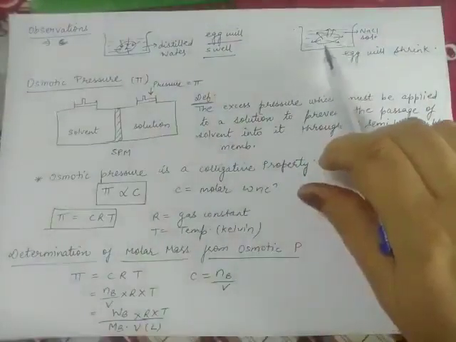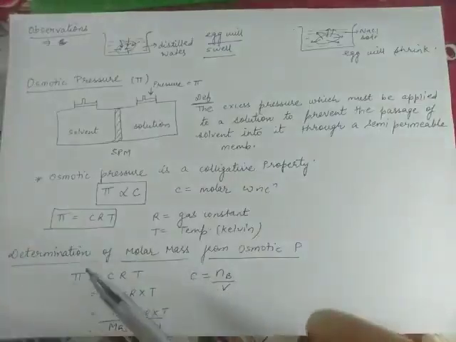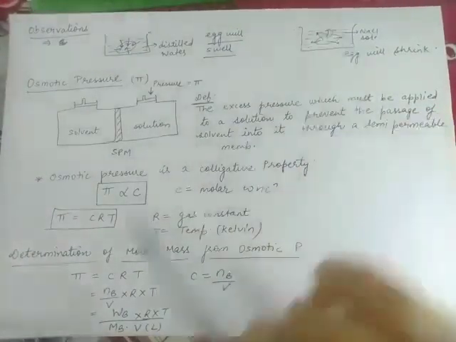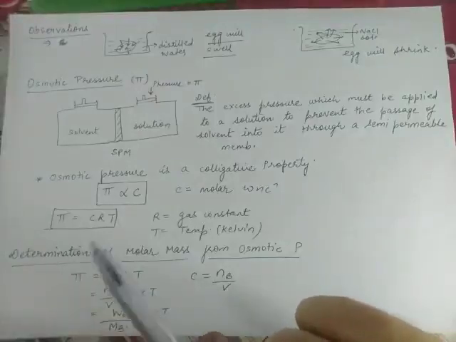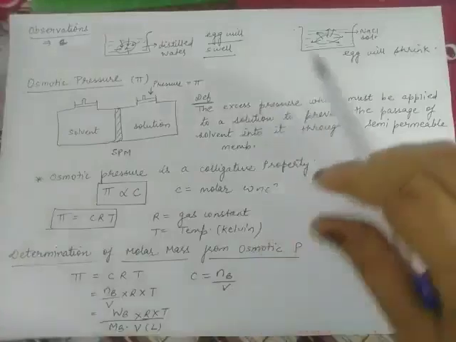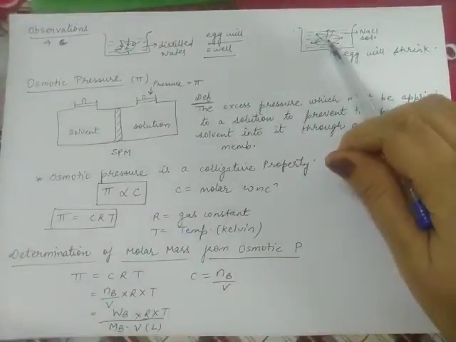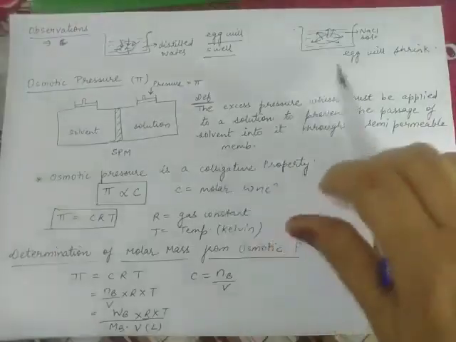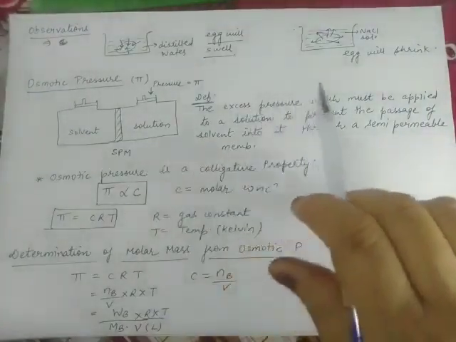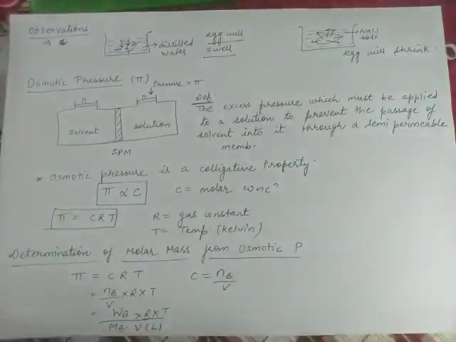And what will happen when the egg is placed in NaCl solution? Now, inside the egg, solution is there, and outside also solution is there. And what is the direction of osmosis if two solutions are there? From lower solute to higher solute. Definitely the solution which is inside the egg is less concentrated, it means it is diluted as compared to the NaCl solution. So what will happen? The egg will shrink. So these examples also explain the phenomenon of osmosis.